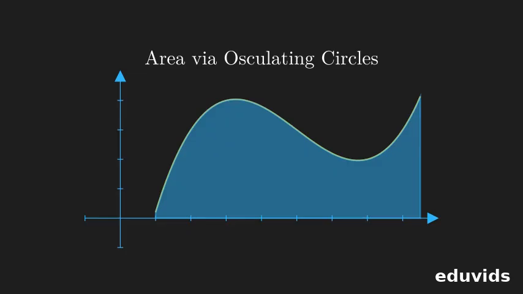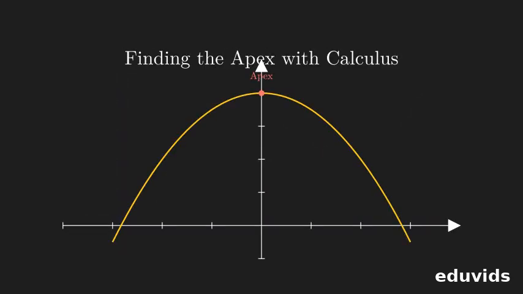with accuracy. Next, let us shift our focus to finding the highest or lowest turning point of a curve, which is called the apex. Calculus provides a precise way to locate the apex using derivatives, which describe the change in slope. The first derivative of a function tells us the slope, or rate of change, at any specific point on the curve. At the exact apex, which is the maximum or minimum value, the curve is momentarily flat, meaning its